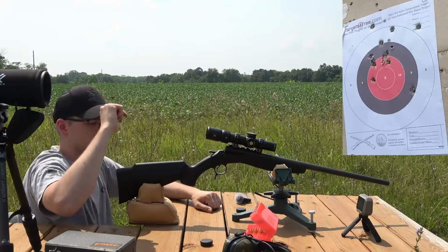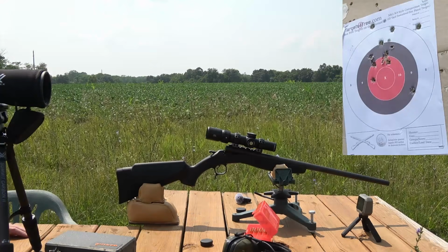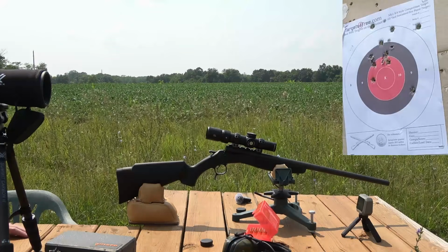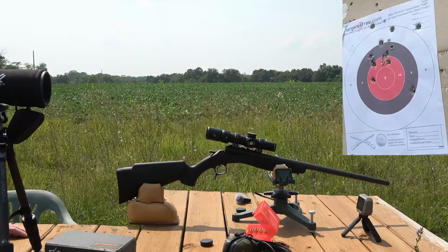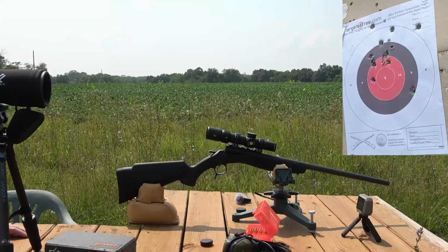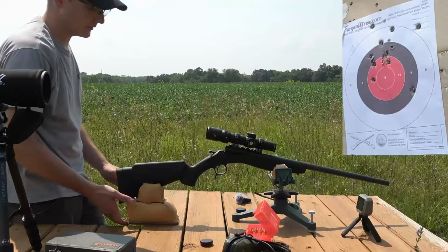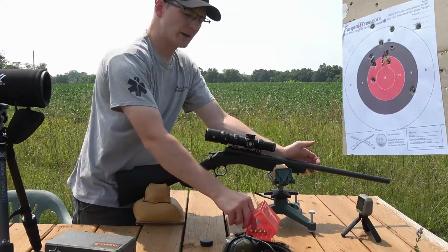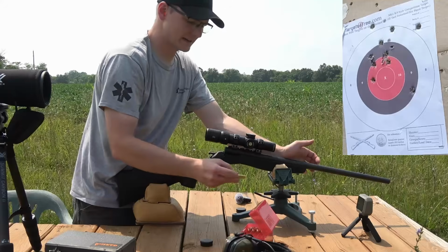I mean, take a look at the target and see what it looks like. Well, it looks like that group covers most of that sheet of paper. I'm gonna say at least an 8-inch group. Pretty terrible. I'm gonna let the gun cool all the way back down, and then we're gonna bump up by 1/2 grain and shoot